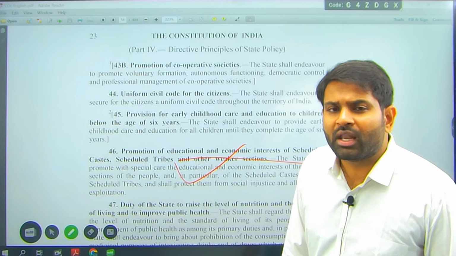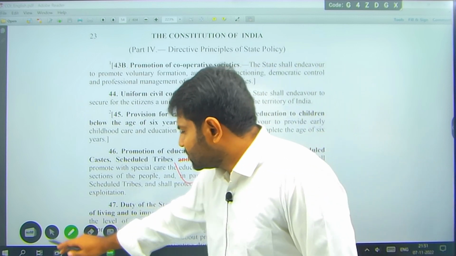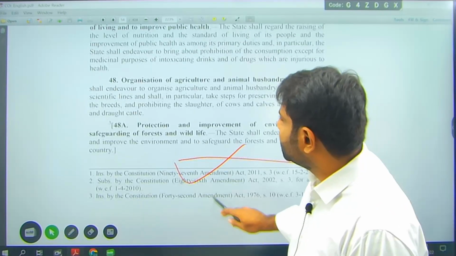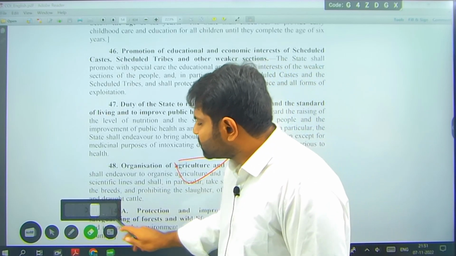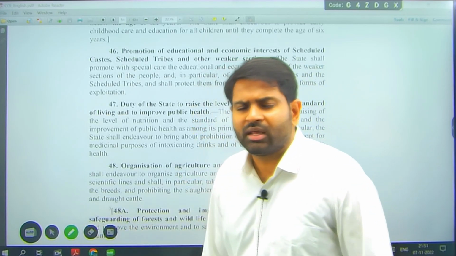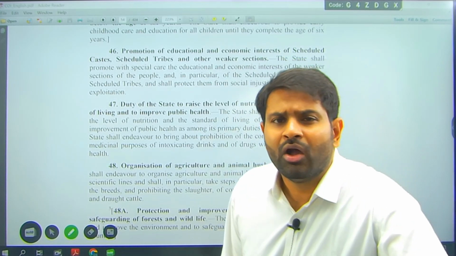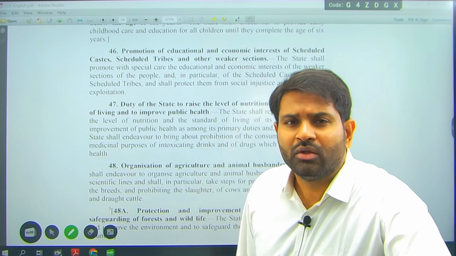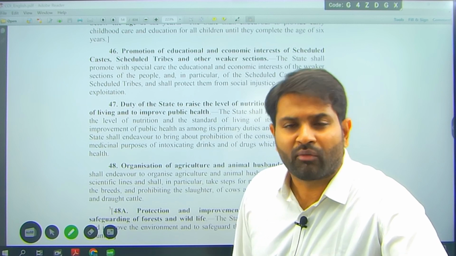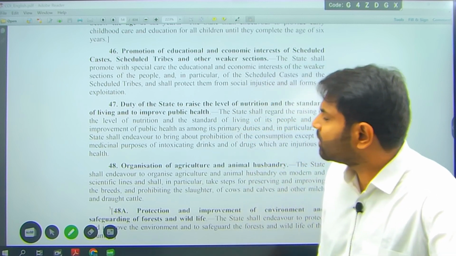Then article 46 is talking about education rights for SC, ST. Those people who are economically backward, give them provisions for reservations, education. That is mentioned in article 46 especially. Right, in the name of Sudras, in the name of scheduled castes, in the name of scheduled tribes, in the name of those people who are underprivileged, we have discriminated against them in history for a long time. So let them be forward. That is the concept behind that particular article 46.